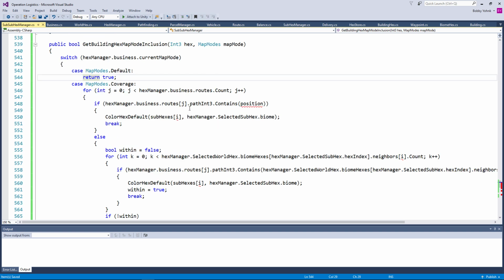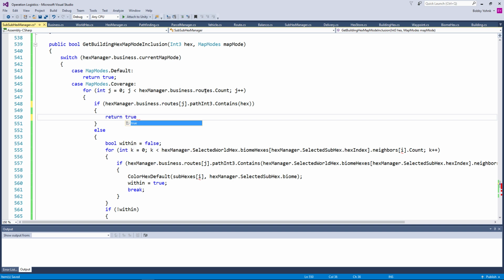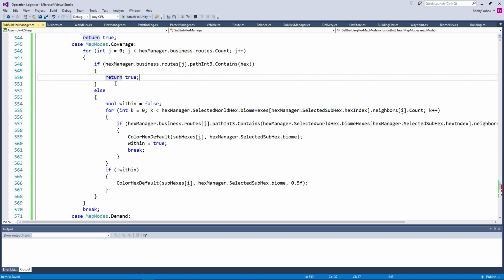Okay, so if hexmanager.business.rootsj.pathint3.contains position, which would of course now be hex, then we return true. Else bool within equals false. For int k equals 0, k is less than hexmanager.selectedWorldHex.BiomeHexes, hexmanager.selectedsubhex.hexindex.neighborsI.count. Okay, that's a bit of a mouthful, but we should do